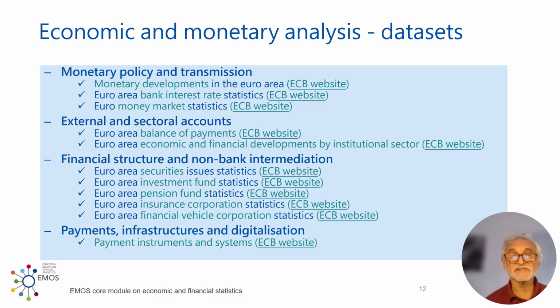So monetary developments in the Euro area tells us basically how quickly money is growing in the Euro area and what the drivers of money growth are. Is it credit growth or is it the foreign side? So that is monetary developments. Then you have the interest rates. We mentioned in one of the boxes, if you remember just before, Euro area bank interest rates. So again, we need statistics, and the ECB is producing statistics on retail bank interest rates. So are the banks changing the interest they pay their depositors? Are they changing the interest they charge their debtors?